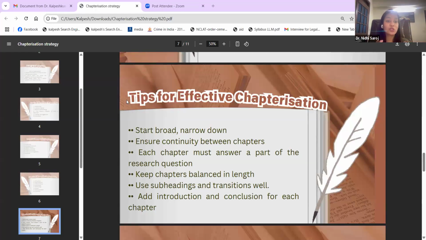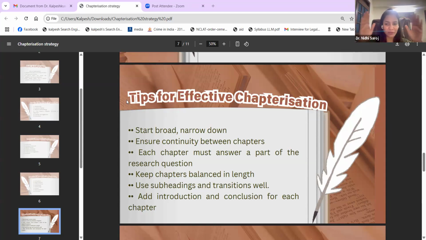And this is not something which you will learn in one day. That is why it takes a lot of time even to fix the chapters. And I'll tell you from my own experience, even if you fix your chapters, till the end there would be additions, there would be subtractions, there would be changes, right? So it is very important to have the chapters in balanced length. And how do we do it?